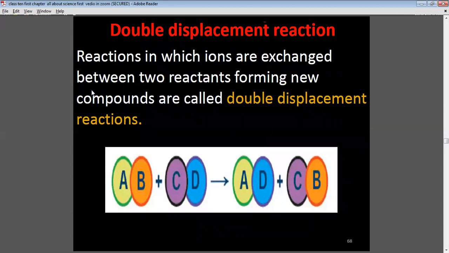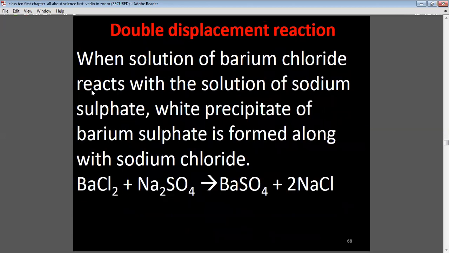What is a double displacement reaction? A reaction in which ions are exchanged between two reactants, forming two new compounds, is called a double displacement reaction. AB is one reactant, CD is the other reactant. There is a formation of AD plus CB. An example of a double displacement reaction: